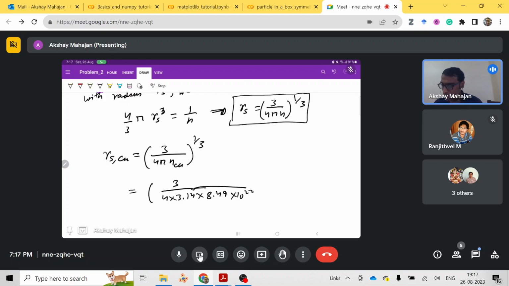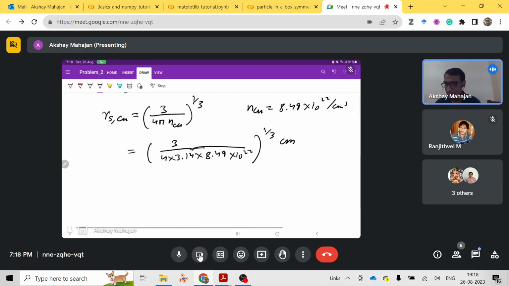Okay, so n is per centimeter cube. n of copper was 8.49 into 10 to the power 22 per centimeter cube, and it is 1 by 3, so this will come in units of centimeter. Because centimeter cube will go up and 1 by 3, so the unit will be centimeter. And to solve this kind of problem, we can see what we can do is